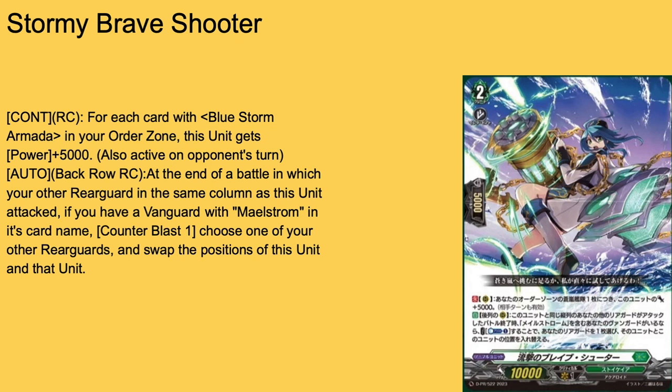And then auto backward rear guard circle, not backward center, though it can be working backward center. At the end of the battle in which your other rear guard in the same column as it attacked, if you have Vanguard of Maelstrom as card name, counter blast 1, choose one of your other rear guards and swap this unit's positions with that unit. So the thing I love about this is you don't have to swap something in the same column. You have to swing with something, specifically a rear guard, in the same column. So you can swap this thing in the back left with something in the front right, as long as the